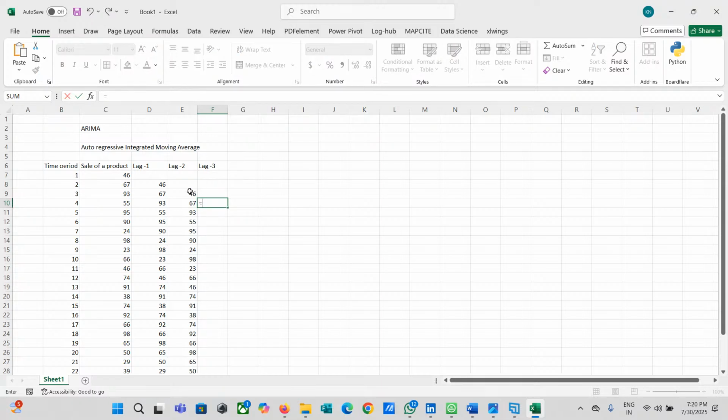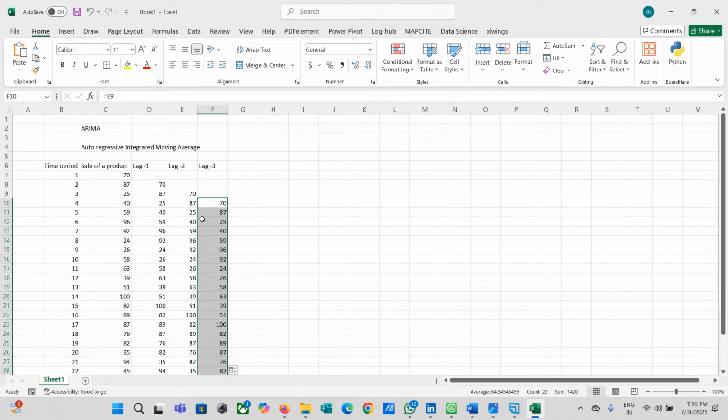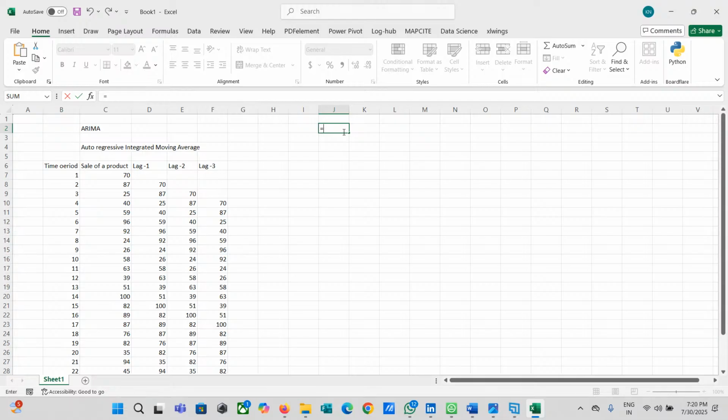from the same dependent variable, right? So I don't need to do this copy paste, or I don't need to do the linking with one. I can use a formula in Excel called offset. I'm not going to explain the formula of offset here because we don't have so much time to explain it. But if you want to create this kind of data structure, you can use a formula